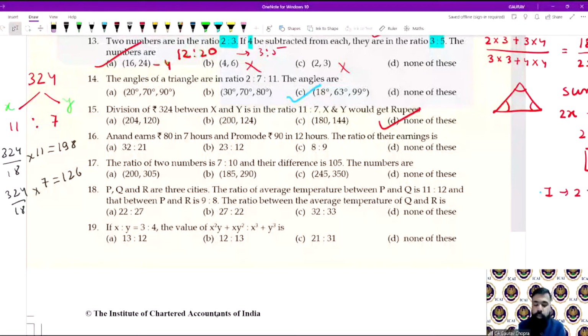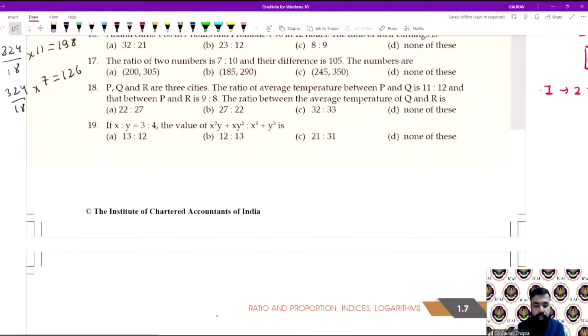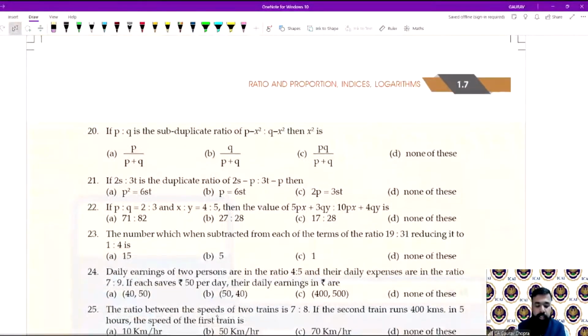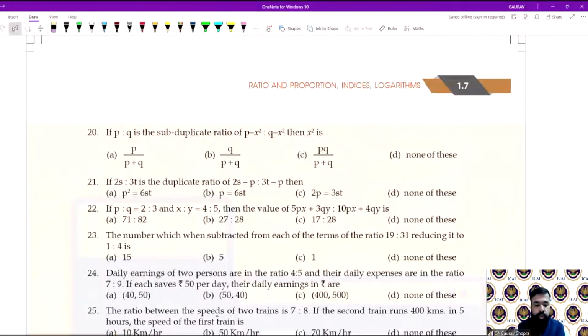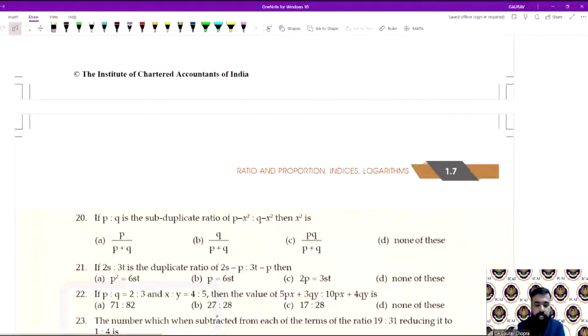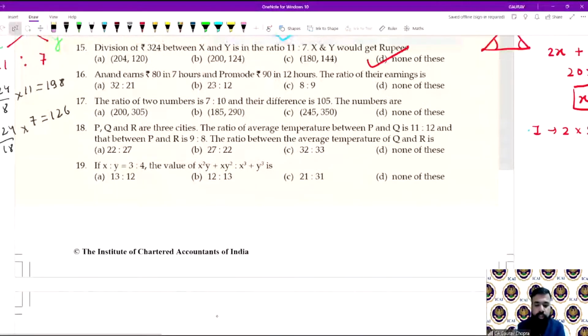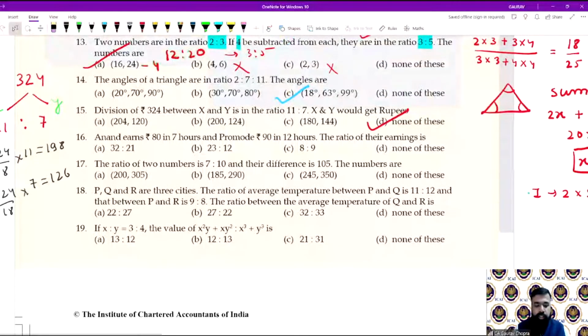Sadhana is asking about cube root. Yes, so let me complete this exercise and then we will be discussing the cube root. So let's take some random questions so that you can now easily solve all other questions. So let us take the 17th one first.